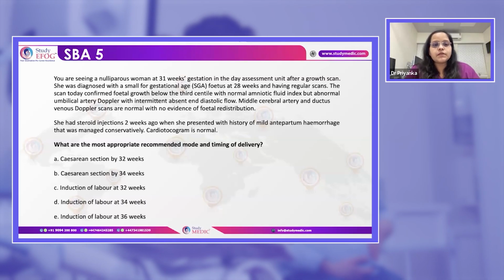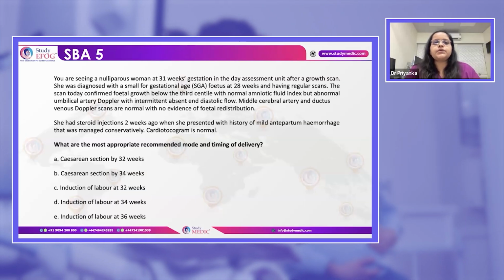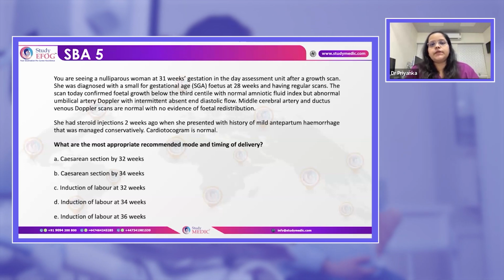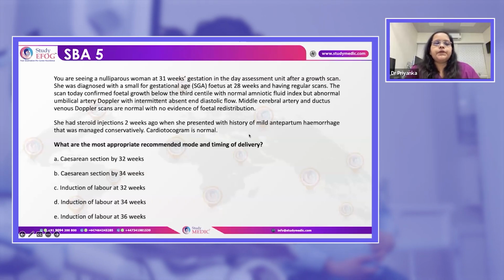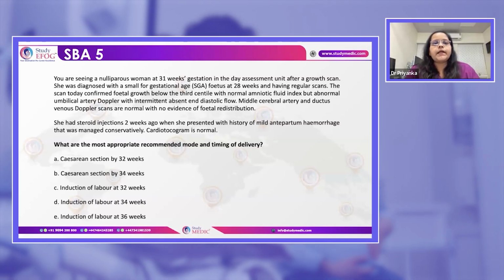The fetal weight is less than third centile, and now she is 31 weeks. So when should we deliver her? The guideline says that if it's an absent end diastolic flow, they should be delivered by cesarean section by 32 weeks of gestation. So for 1 week we should monitor her bi-weekly with Dopplers, and then we need to deliver her